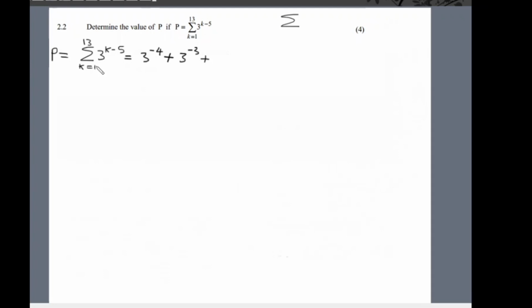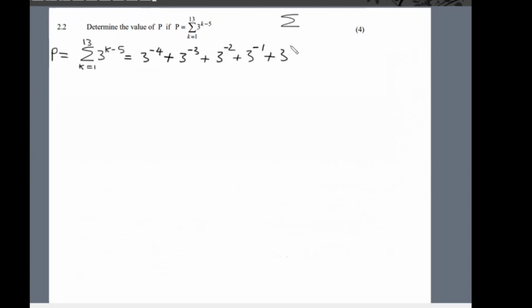Now when k is 3 it is 3 to the power 3 minus 5, which is 3 to the power minus 2, right? And then when k is 4 it is 3 to the power 4 minus 5, which is 3 to the power minus 1. Now k is equal to 5, so 3 to the power 5 minus 5, so 3 to the power 0,